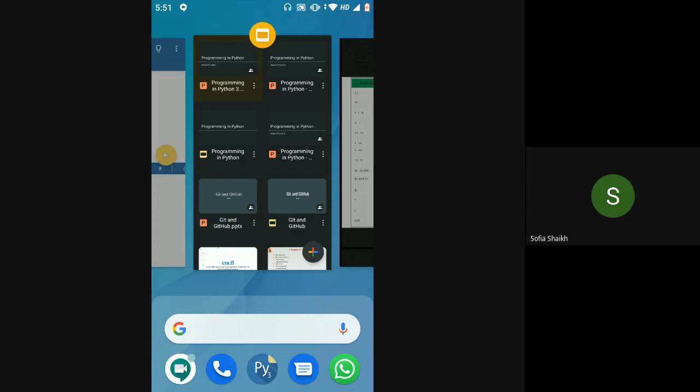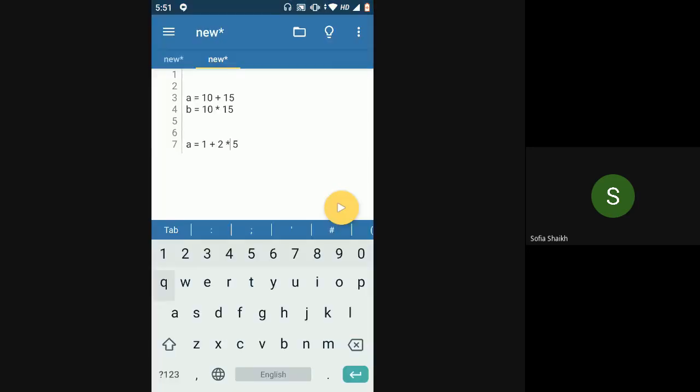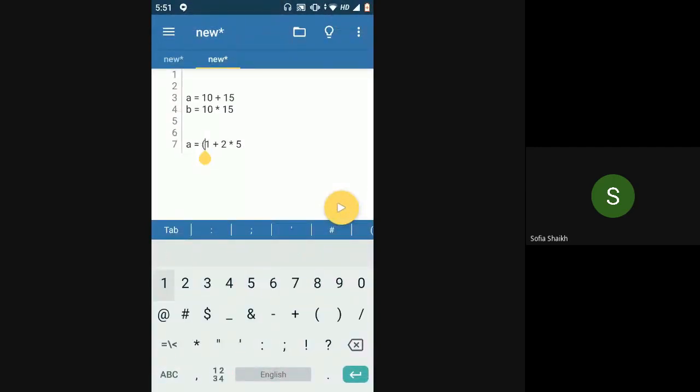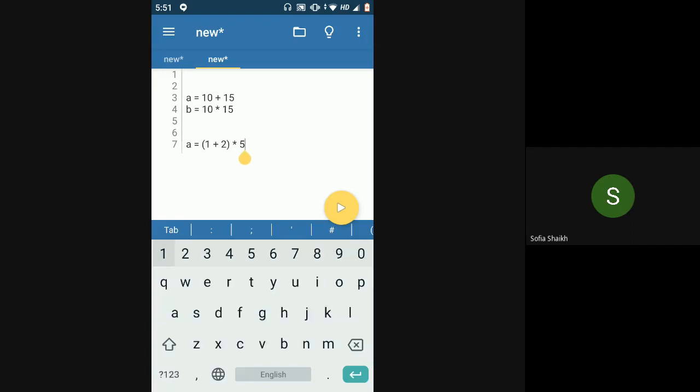Here, according to BODMAS rule, this multiplication should have precedence. But if I put a parenthesis over here, what should be the answer? 15. Right. I think all of this is very mathematical, and you might have learned it in mathematics itself.